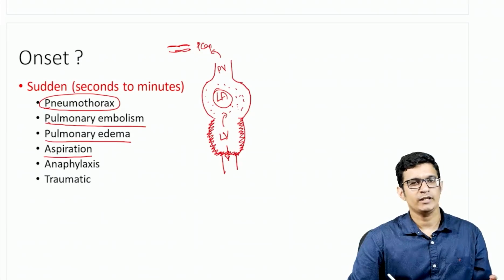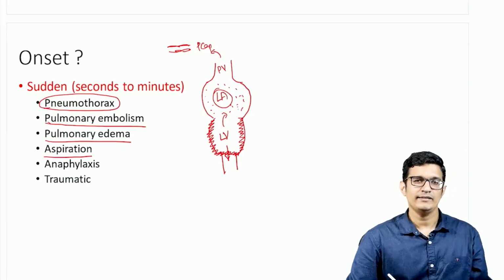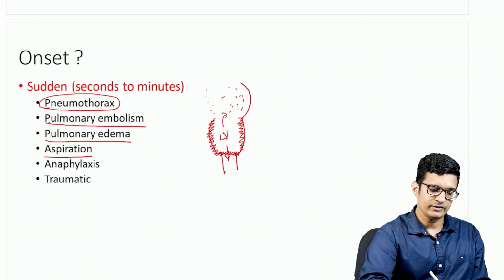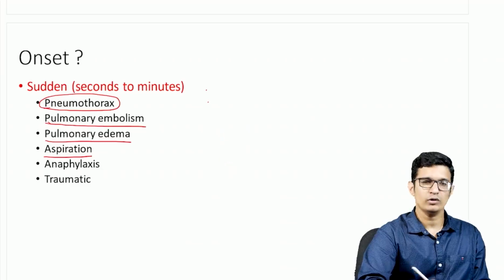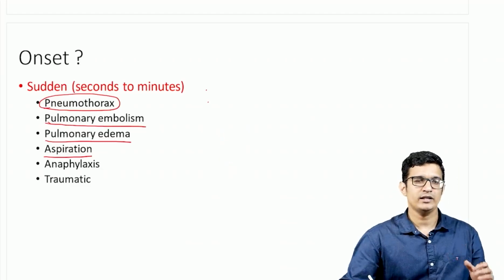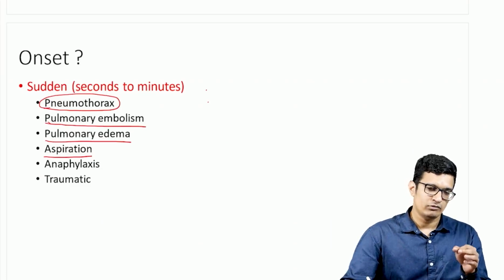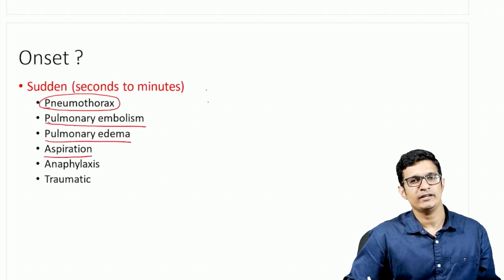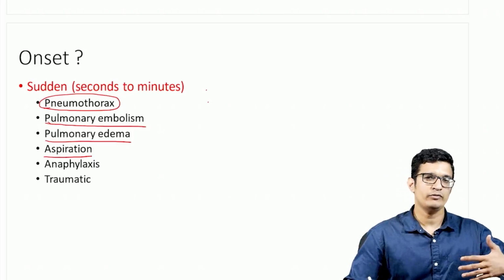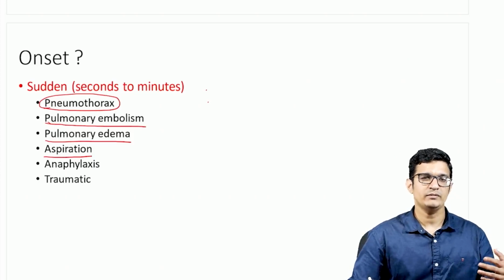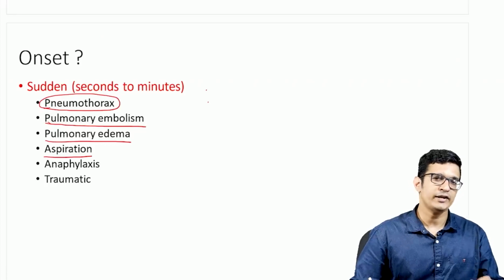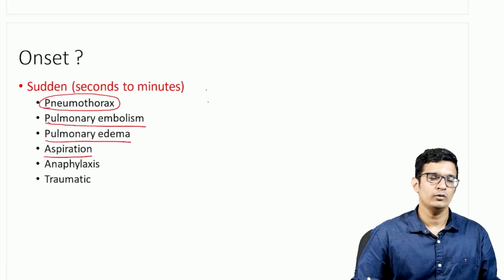Now the other condition which can present with breathlessness in seconds to minutes is anaphylaxis. Now let us see what happens in anaphylaxis. In anaphylaxis, there is going to be diffuse bronchoconstriction and increased secretions in the airway as well. Most of the sudden onset breathlessness in anaphylaxis is because it is a severe form of allergic reaction. So it is like a condition which is 100 times worse than an acute episode of asthma. So they are going to have a severe bronchospasm, and also they are going to mostly suffer with laryngeal edema.